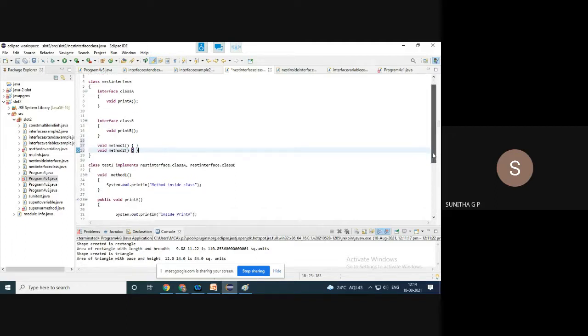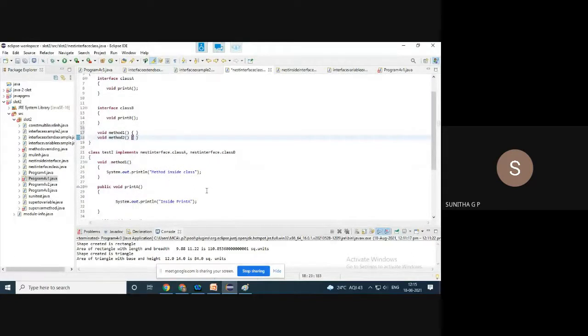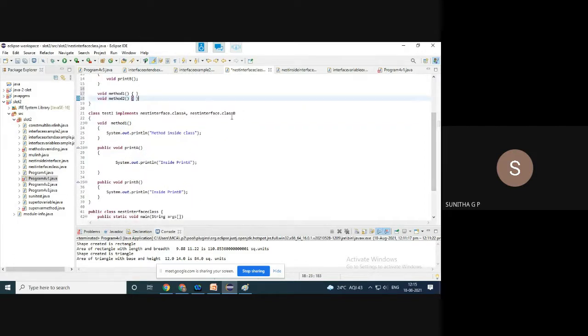So next is what? Oh, here I have already taken method 1 as a member of this class. Okay, but still it is not a problem. So void method 1, this is the member of this class. Next, this function is redefined. Okay, print a, and since you have implemented the interfaces, all their members are to be redefined in the implementing class. That's why both the functions of these interfaces are redefined. Okay, so print a and print b. Print B is the member of the interface class B, and print A is the member of the interface class A. So that is why those are redefined in the implementing class.